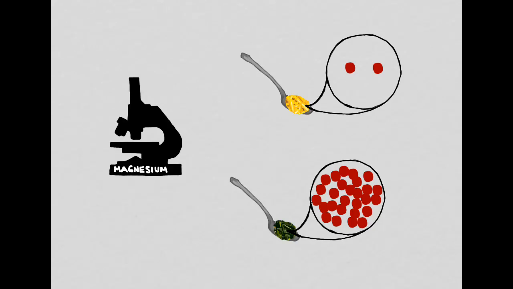Now let's continue looking at mac and cheese and collard greens, but let's look at nutrient density instead of caloric density. Here we have 1 teaspoon of mac and cheese and 1 teaspoon of cooked collard greens. And we're looking through our microscope at the nutrients. This time we're looking at just one nutrient. In this case, we're looking at the amount of magnesium in 1 teaspoon of mac and cheese and 1 teaspoon